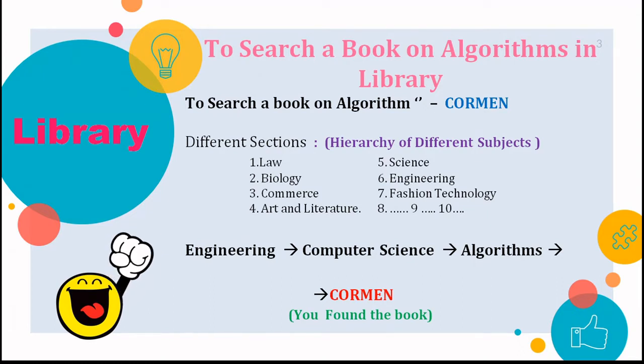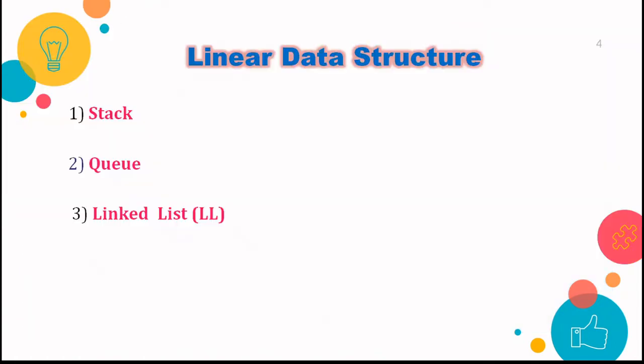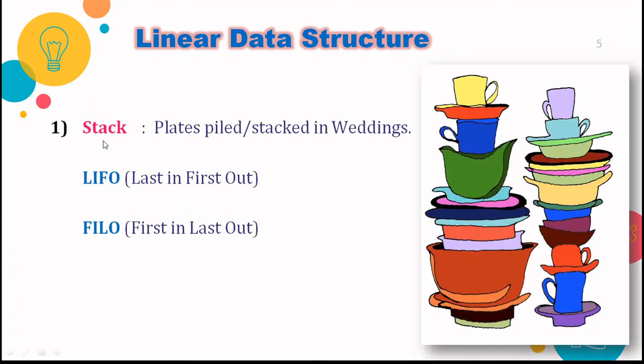So now we have studied in the previous lecture the different types of data structures. We have linear data structures, and the different examples of linear data structures are stack, queue, and linked list, right? Now what we'll be doing is studying the different real life examples of these data structures. So the first is stack. We generally see such piles of utensils in the kitchen, or you also see so many plates piled up in a sequence in marriage halls, right?